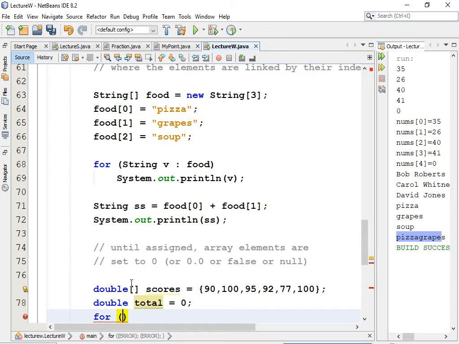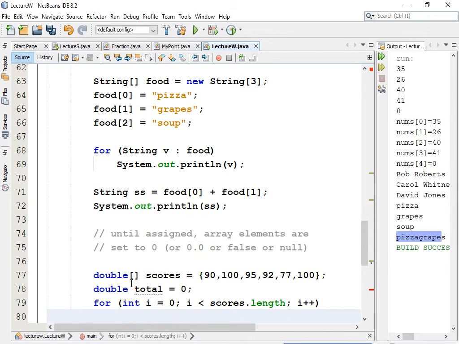For, do we want to use a for loop or a for each loop? Linda, you pick. And there's no wrong answer. For loop. All right. So int i = 0; i is less than the length of the array, so scores.length; i++. Total += scores[i];